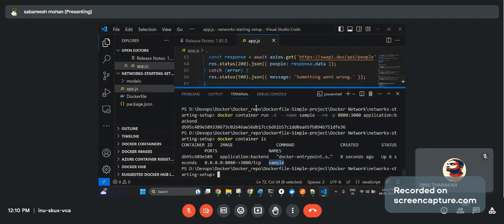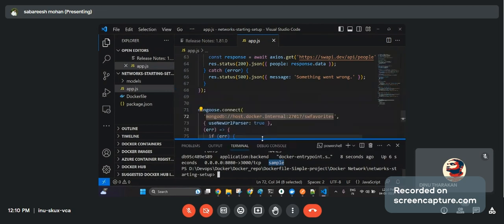I mean, instead of running my MongoDB as a service in my host, what else can I do to run my